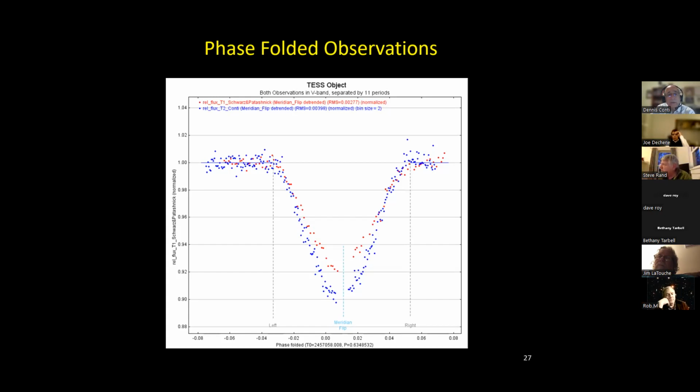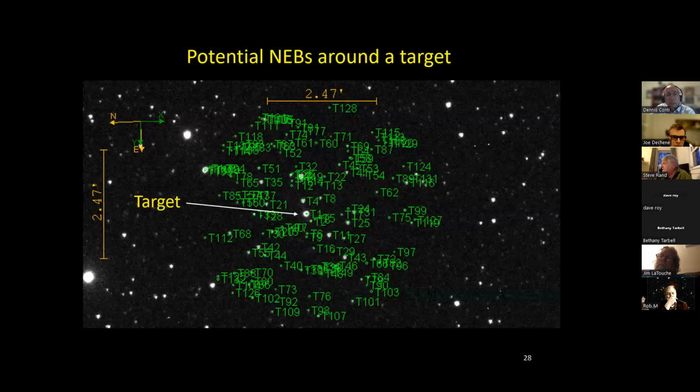So these are the sorts of light curves that we amateur astronomers can do from our backyard telescopes that help the professionals in discerning whether a TESS candidate is truly an exoplanet or whether it's something else, such as an eclipsing binary. Now things get a little complicated because of this blending of light from TESS, that even out to 2.5 arc minutes from a target system,